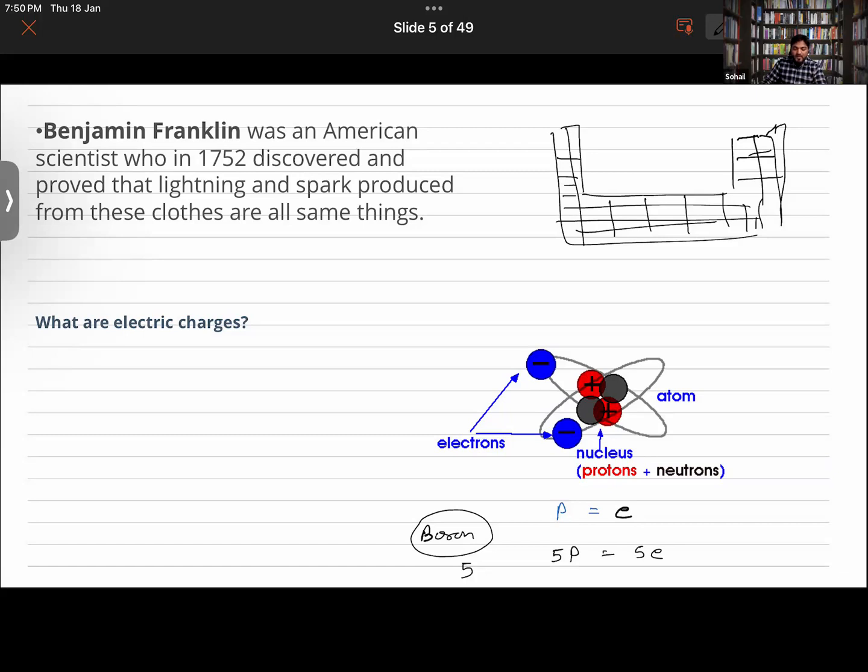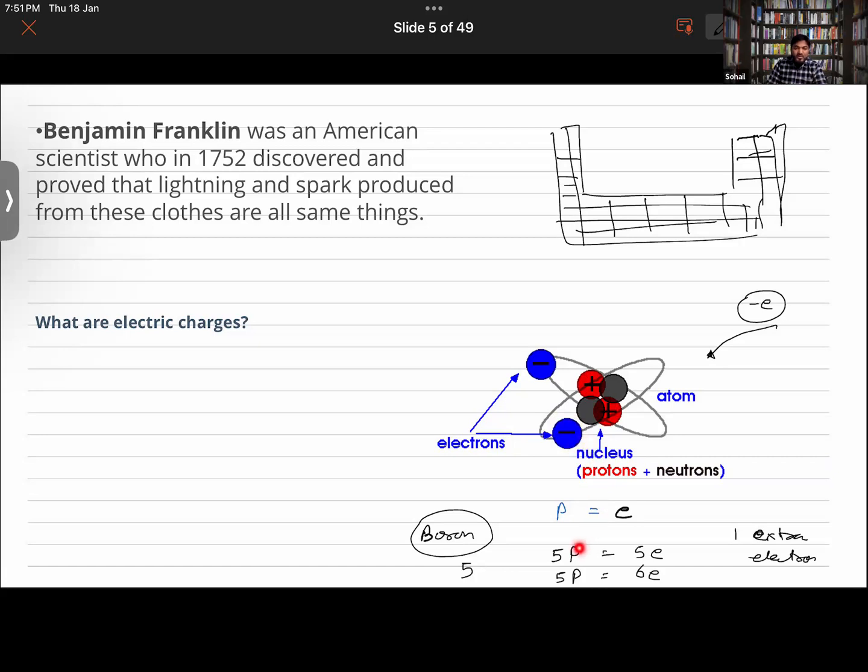disturbance, the number of electrons decreases by 1, for example, or increases by 1. Suppose this boron atom gains an extra electron due to some external disturbance, say it is being rubbed across something. Now it will have one more electron. There are exactly 5 protons there, and now there are 6 electrons. So one extra electron, and an electron, as you can see from here, has a negative sign, so these are negatively charged particles,